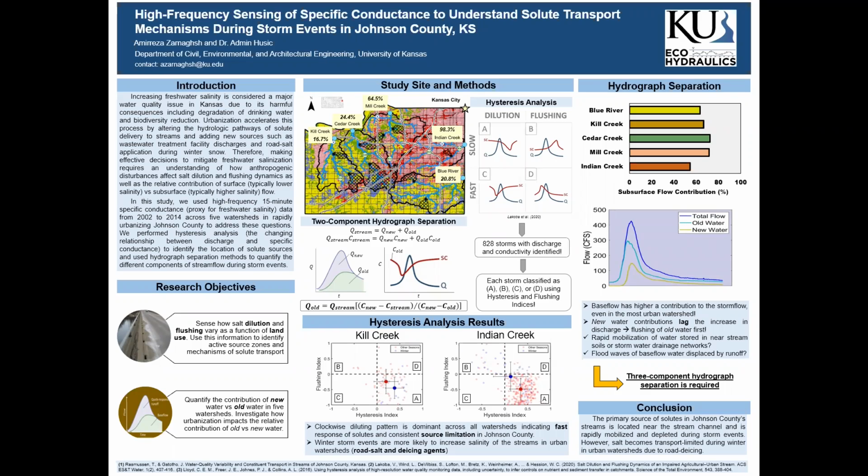We know increasing freshwater salinity has become a big problem in many parts of the United States and also Kansas, as it can result in issues such as degradation of drinking water and also biodiversity reduction. We also know that urbanization is one of the major causes of this issue because it changes the hydrologic pathways of solute delivery to streams, and also because it adds new sources, including wastewater treatment facilities, to our